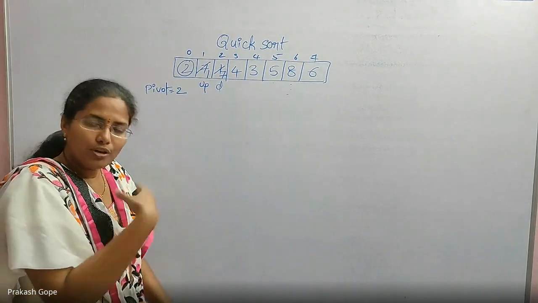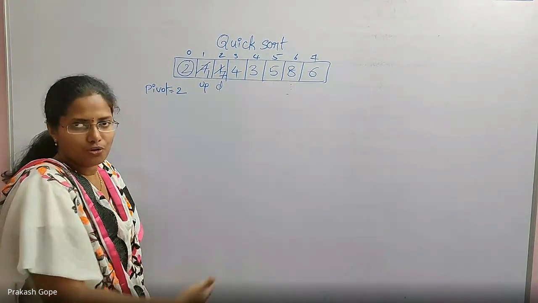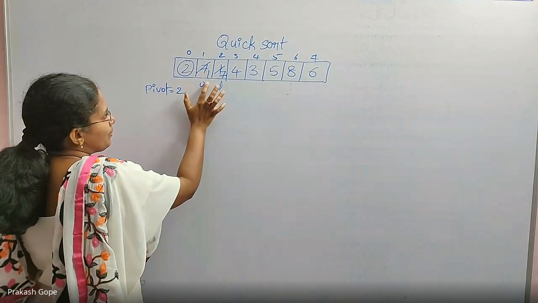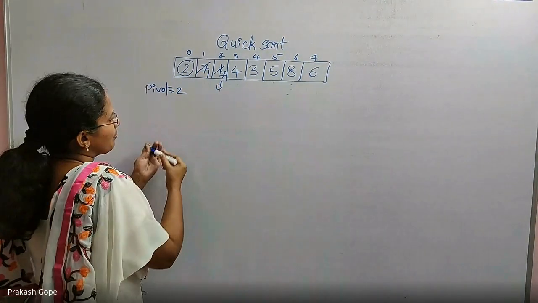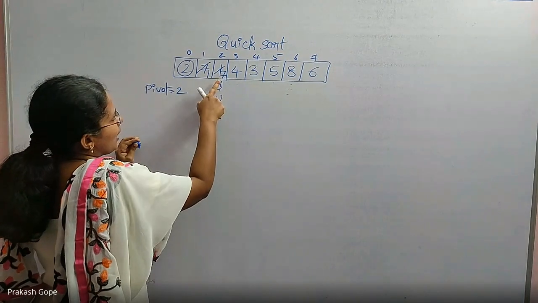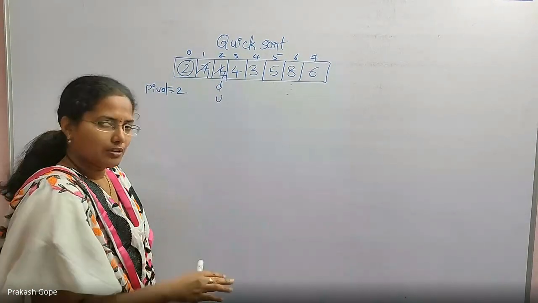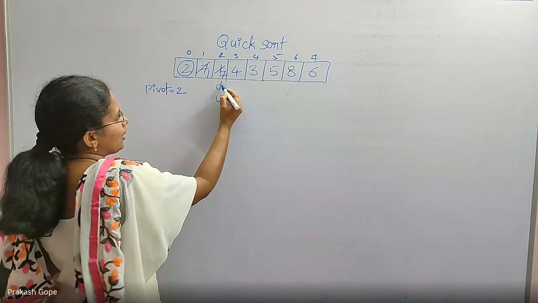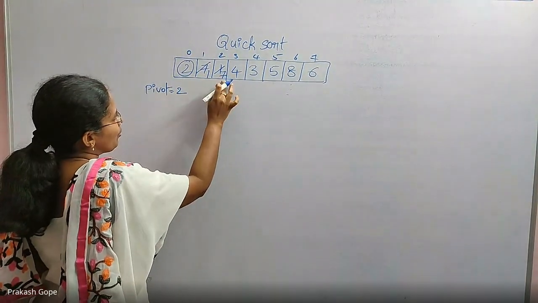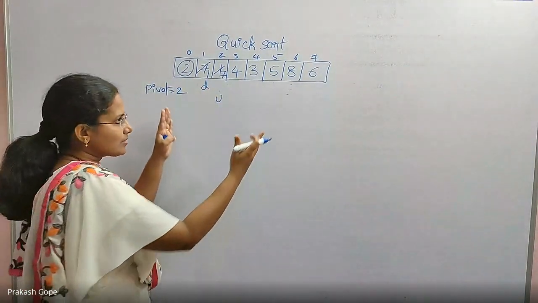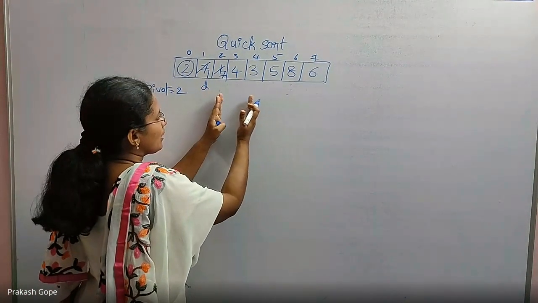Swap. And you continue the same process, the same process of what you have done just now. Up element is less than or equal to pivot? Yes. Then you increment up. Up element is not less than or equal to pivot, so stop. Now coming to down. Down element is greater than pivot? Yes. Then reduce down. Now we should stop because till now up and down are like this.